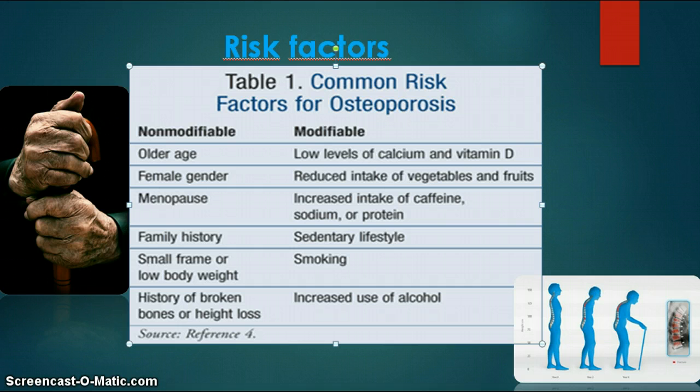The risk factors are getting older, being small and thin, having a family history of osteoporosis, taking certain medicines, being a white or Asian woman, and having osteopenia, which is low bone density. About 54 million Americans have osteoporosis and low bone mass, placing them at increased risk. Studies suggest that approximately 1 in 2 women and up to 1 in 4 men aged 50 and older will break a bone due to osteoporosis.